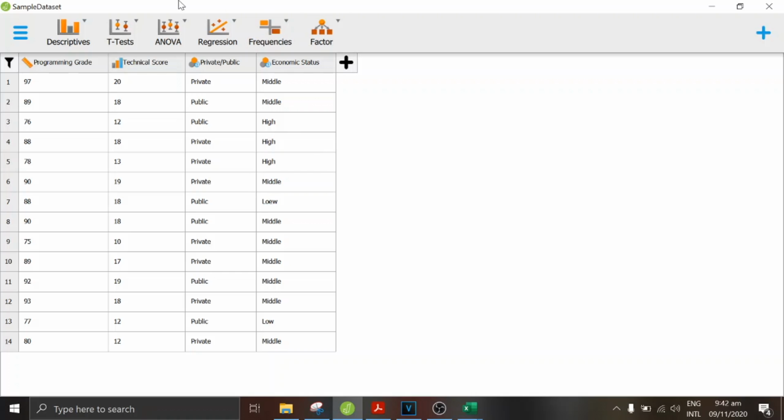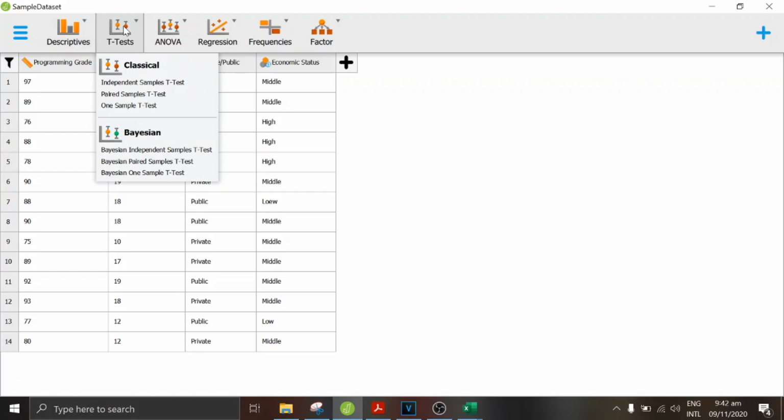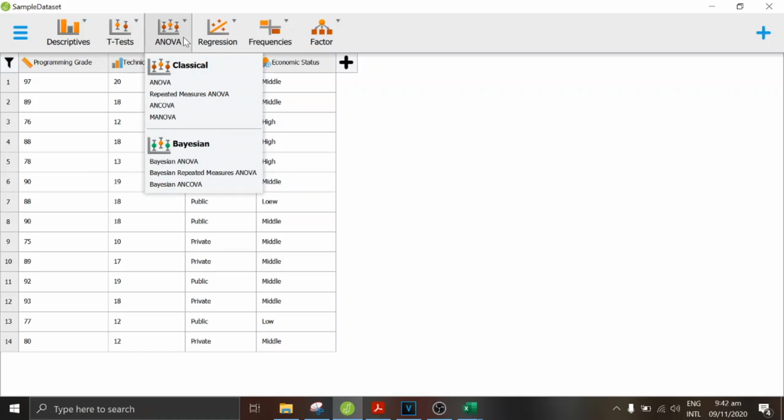So let's go through the analysis menu of JASP. We do have the descriptives. In the descriptives, there is the descriptive statistics and reliability analysis. T-test does have classical and Bayesian t-test. ANOVA also has classical and Bayesian ANOVA.